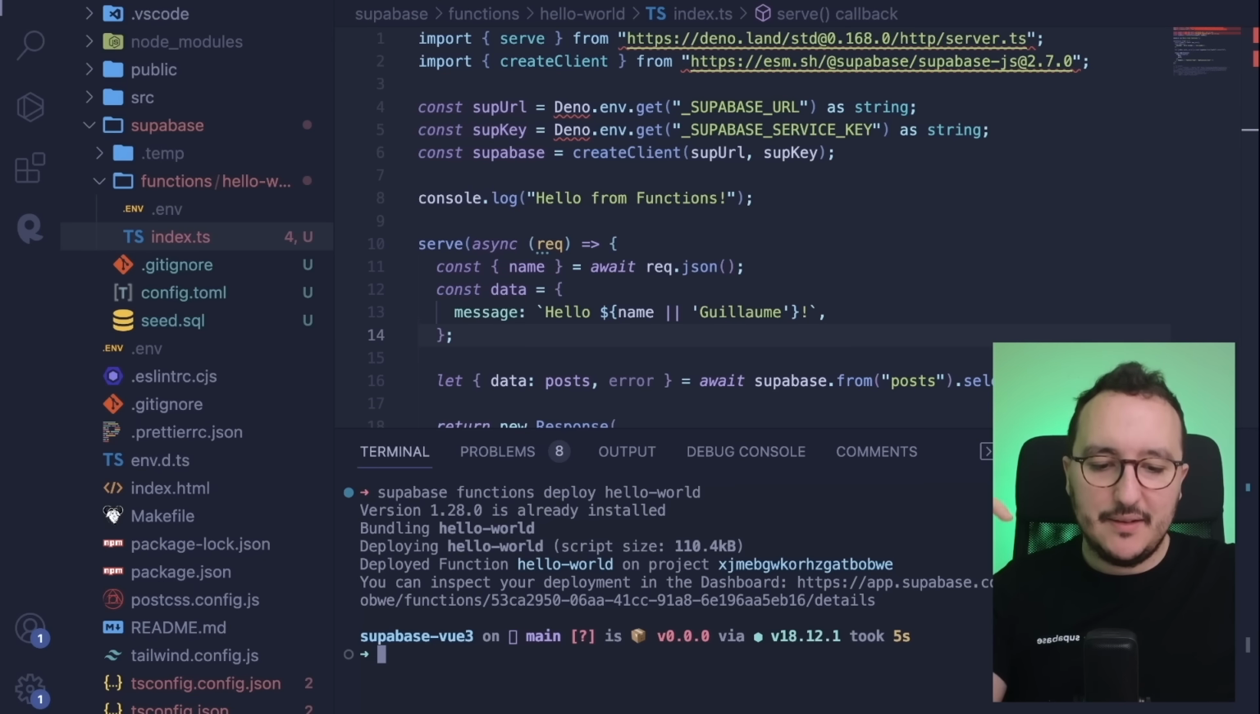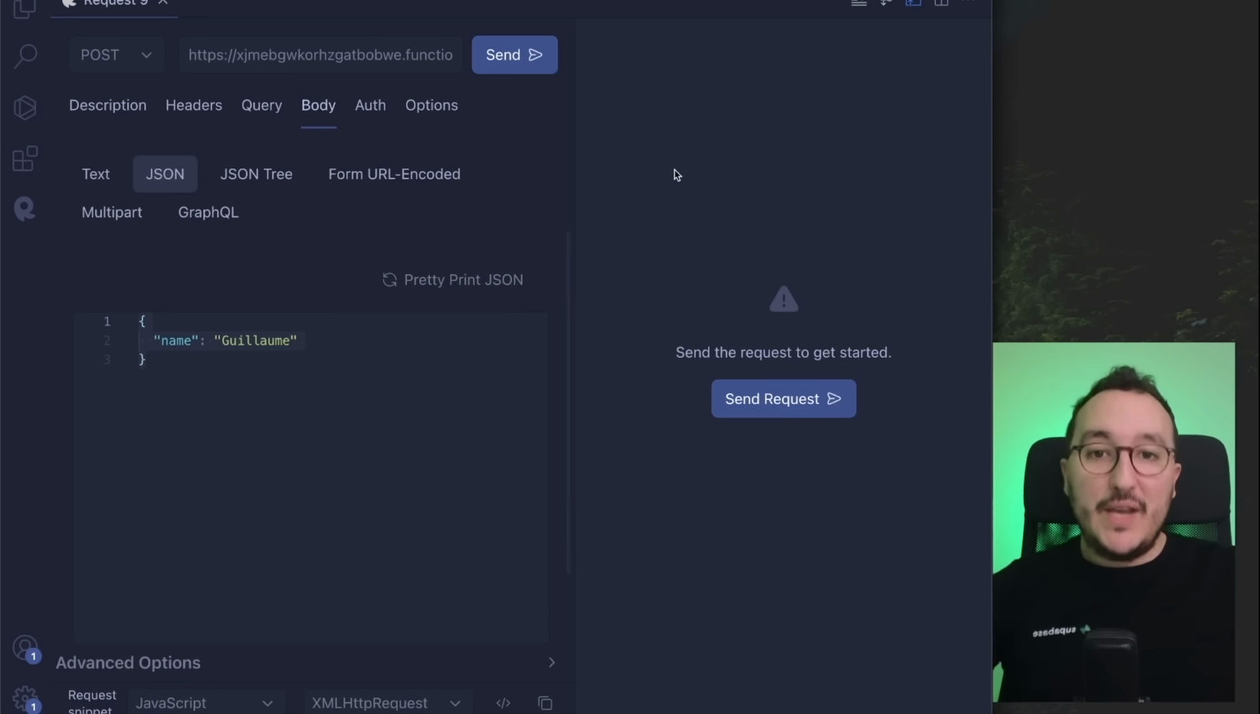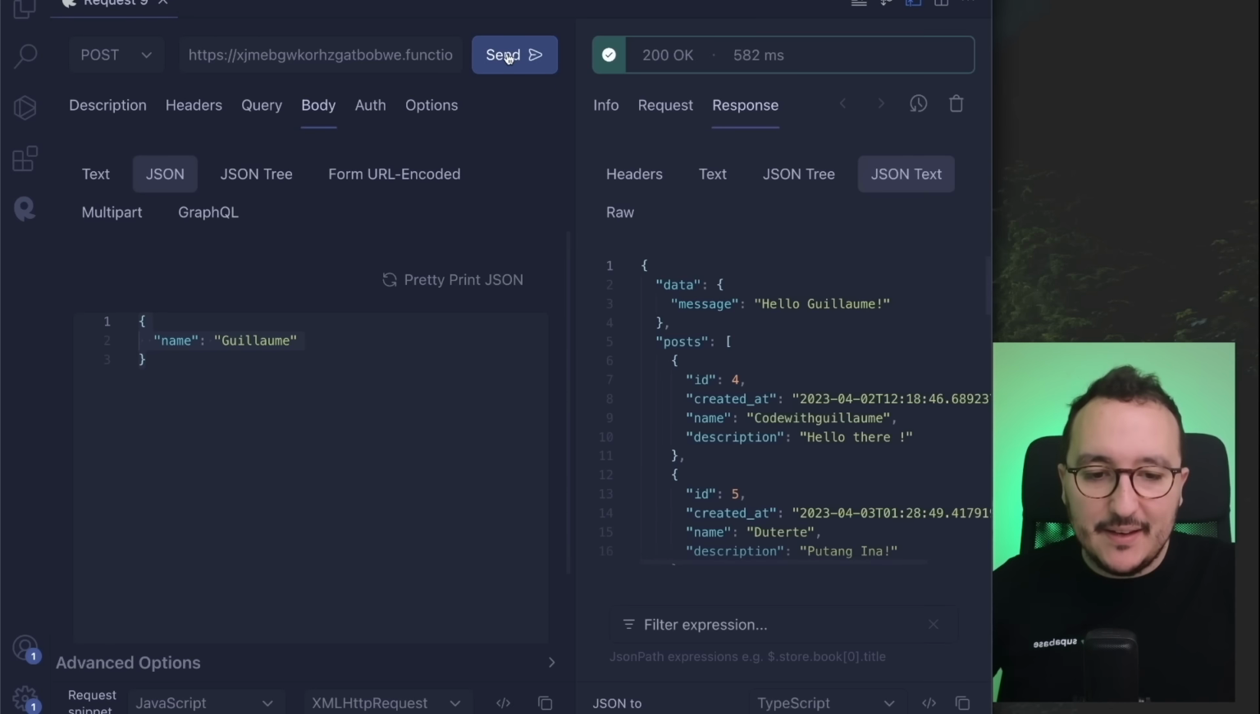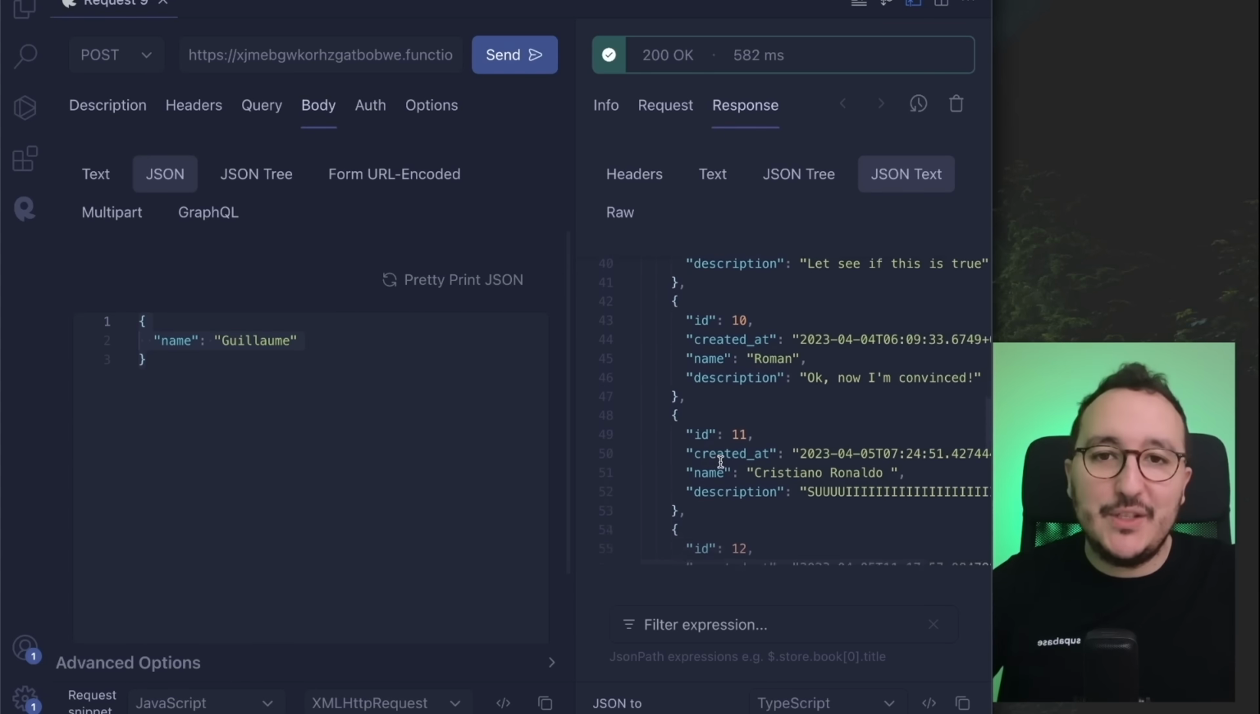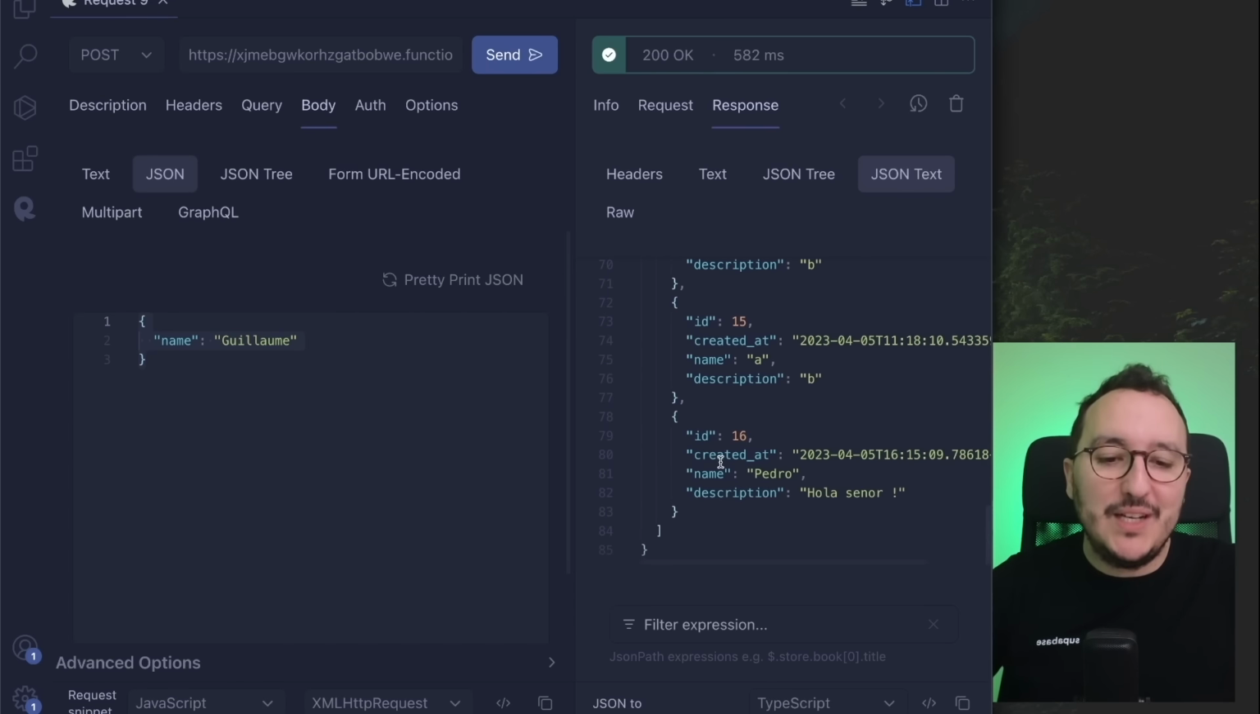And at the end, here we are, we've got our hello world function working. Okay, here we are. Let's call again our function. I'm going to click on send. And here we are. So I got my message from the server. And look at this. I got the list of the posts that you posted on the real-time application that I